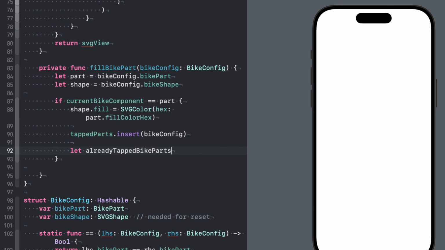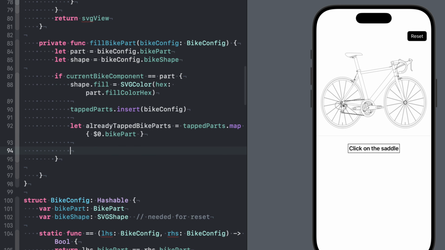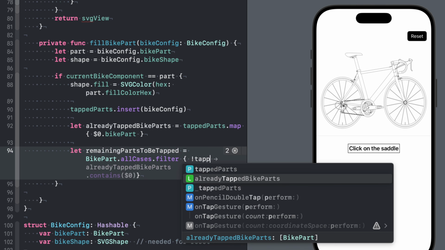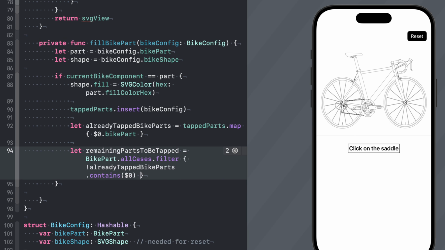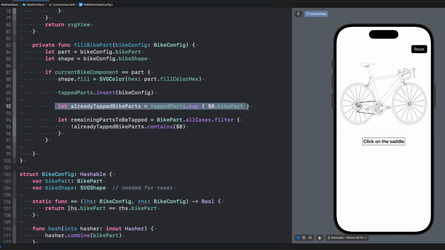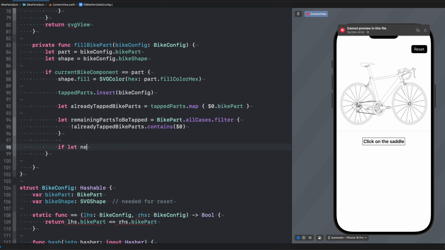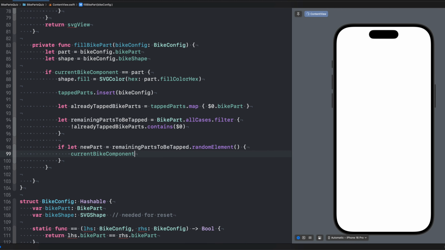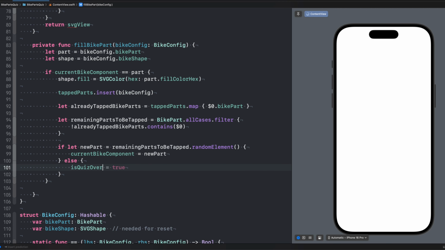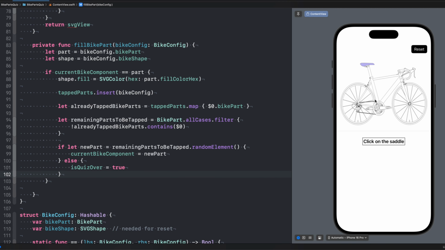Next, we map the tapped bikeconfigs array, which holds both the enum and the shape, to get just the enum values. Using that, we filter out the remaining parts by subtracting the tapped ones from all the cases of our enum. This ensures the next question is always a new untapped part that the user hasn't seen yet. Finally, if there are no more parts left, we update our quiz state that we implemented before with true. This way we mark our quiz as complete, and that text question will update with our message